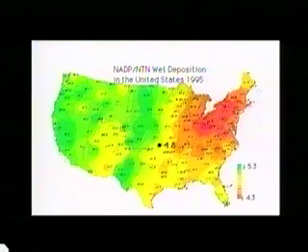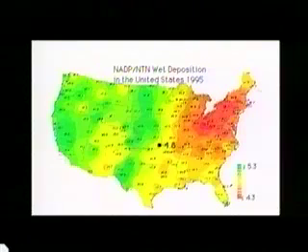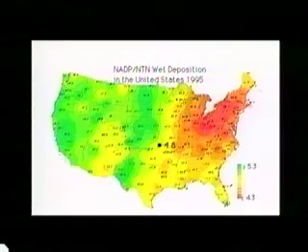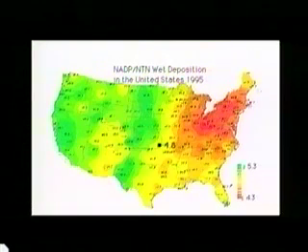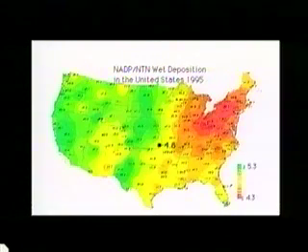We see here that the West Coast is really not very acidic, and one might wonder, with cities like Los Angeles, San Francisco, etc., why we don't see more acidity out there. They're very dry climates. Because of that, we don't have a lot of rainfall, we don't have a lot of acid rain, and we have very strong westerly winds. So most of the air pollution that is produced in those areas is actually precipitated out much more